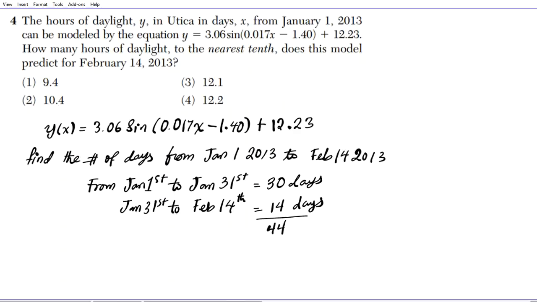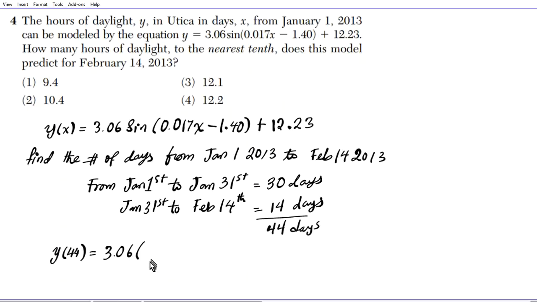44 days. Now, if this computation I just did doesn't make sense to you, just make yourself a little calendar. Just put the days down, and you should be able to count it accurately. Okay. All right. So, what's the hours of daylight? We're just gonna evaluate this function at 44. So y of 44 equals